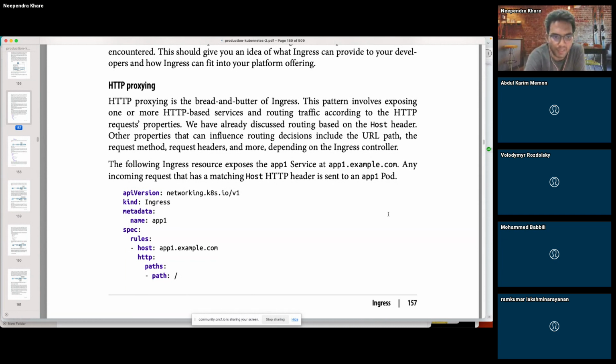There's more that anybody else wants to highlight? Okay, so